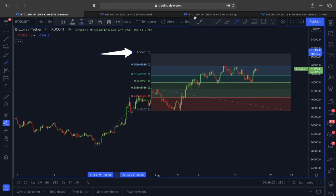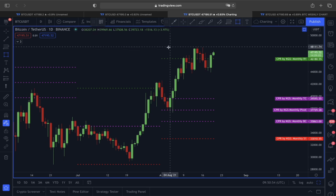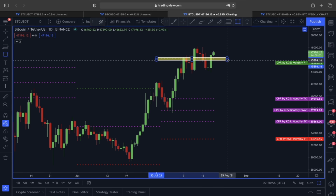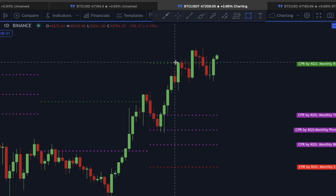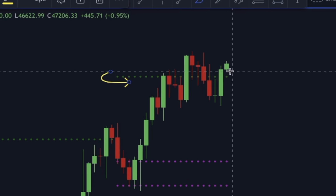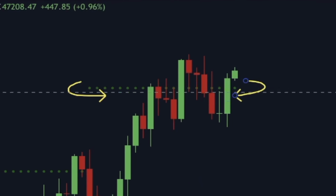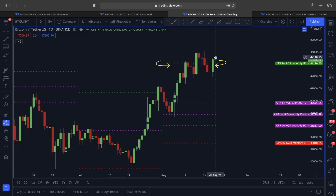because not just only the price action, also the indicators, because according to this CPI indicator, you can see the price of Bitcoin has already managed to break out of this resistance line, the monthly R1 line. So if we do manage to find a support above this monthly R1 line that is lying around $46,180, if we do manage to find a proper support above it, then there is a very likely scenario that